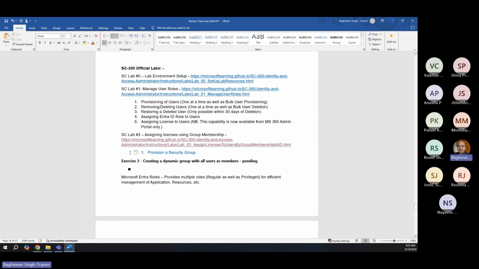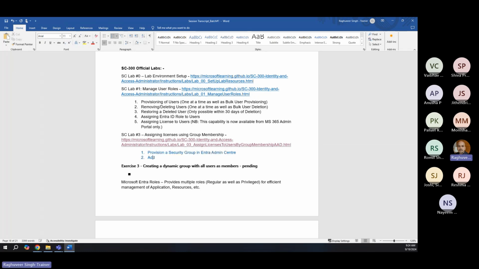I don't need to repeat myself again and again. You will do all the labs from Entra Admin Center. You will only switch to Azure portal when the mentioned capability is not available in Entra. So provision a security group in Entra Admin Center,